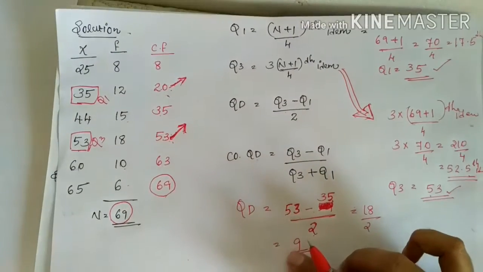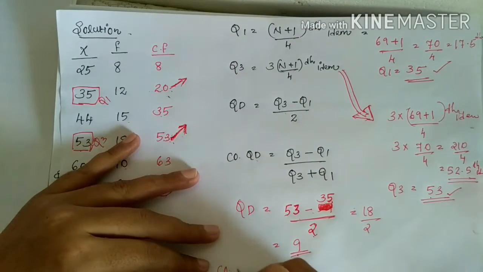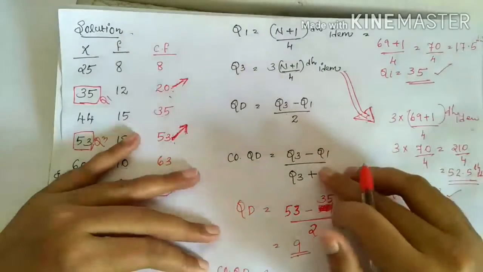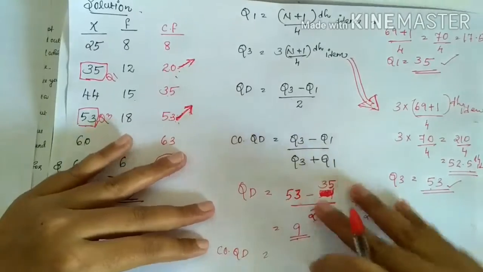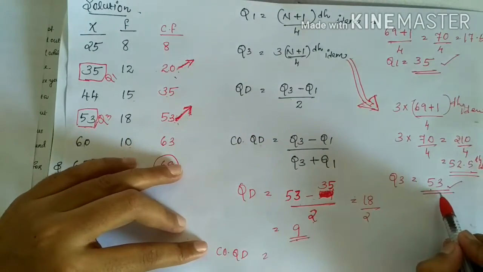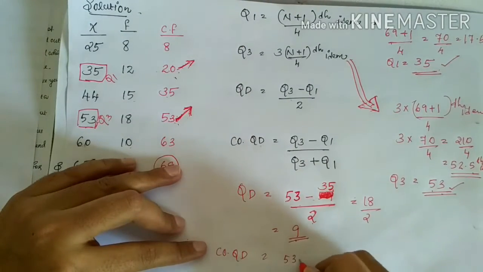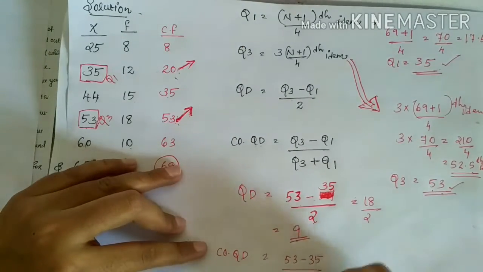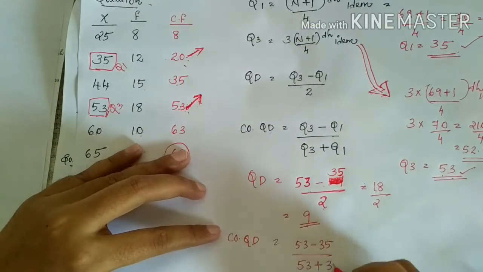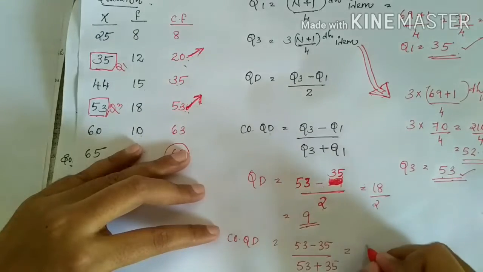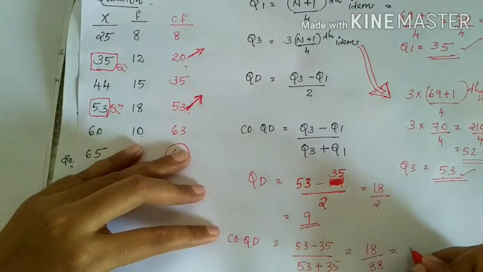Then the next one is calculation of the coefficient of quartile deviation. The coefficient of quartile deviation is calculated by using this equation: Q3 minus Q1 divided by Q3 plus Q1. Here the value of Q3 is 53, Q1 is 35. So 53 minus 35 divided by 53 plus 35. So the answer is 18 divided by 88, which is equal to